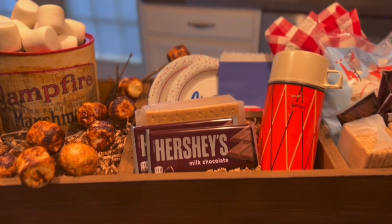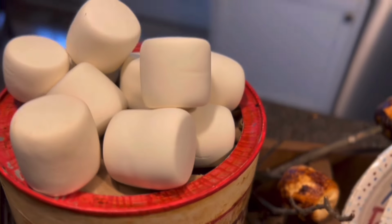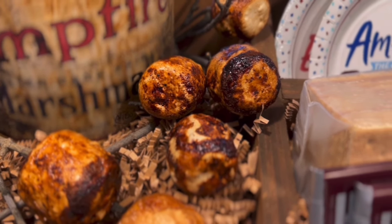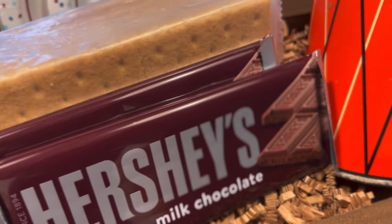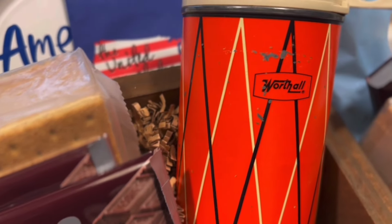And there you go. We have a functional, beautiful, whimsical, fun, functional vignette, which is so me. I love to combine things that are beautiful with things that can be functional. I like to use my vignettes, not just look at them, if that makes sense. I think the kids are going to get a kick out of seeing this vignette and being able to actually